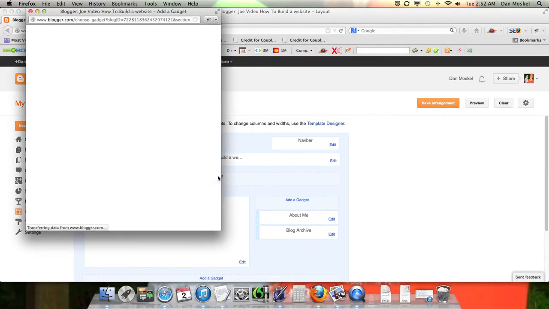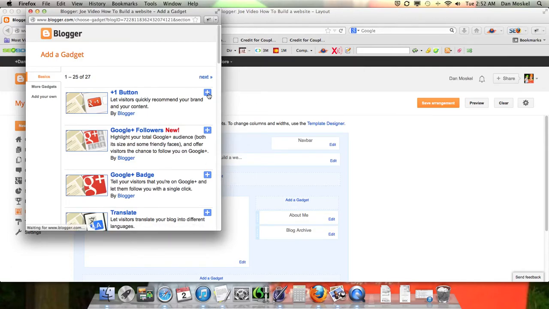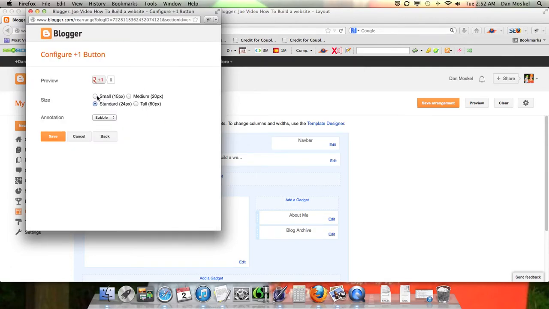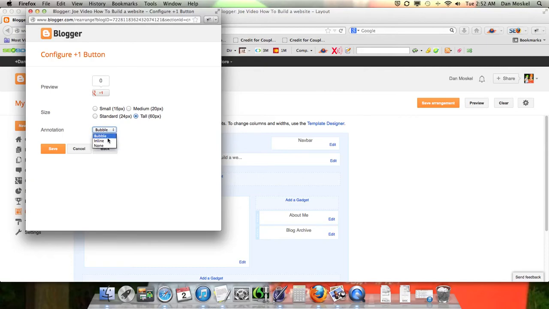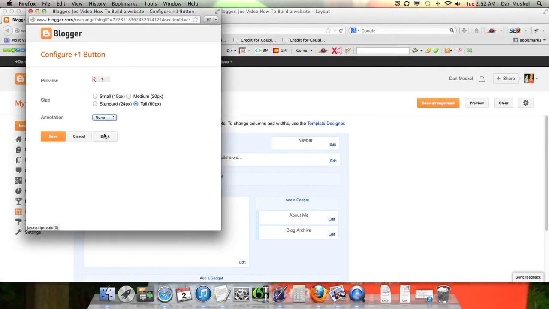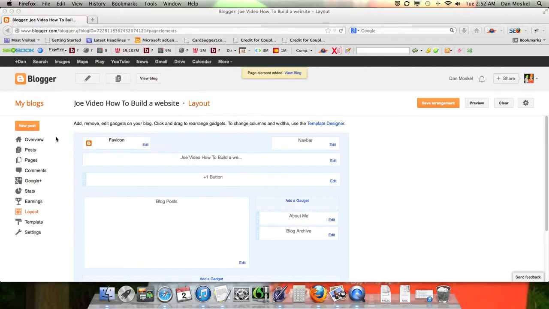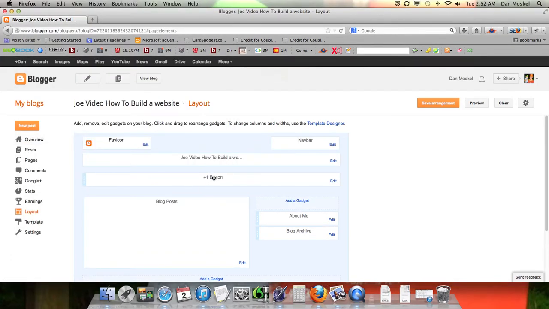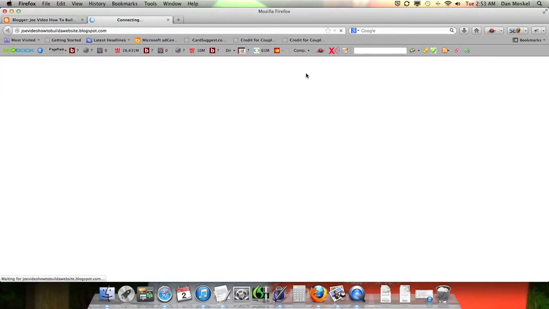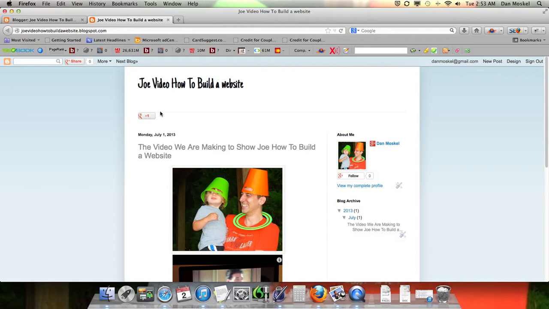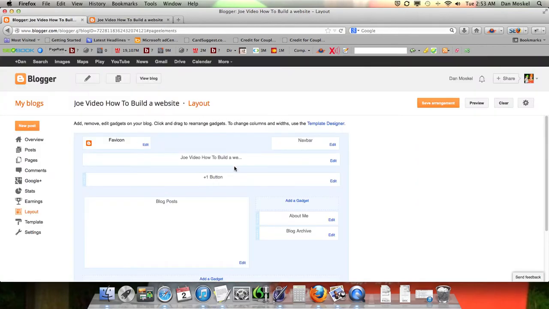Add gadget. +1 button. What do you want it to look like? Click save. However you want it to look. We have it as +1 button right here. Click save arrangement. Click view blog. See, +1. It's kind of a stupid place or an odd place to put it, or maybe it's the best place to put it, I don't know. But if we just click on it and drag it down over here, and then click save arrangement,